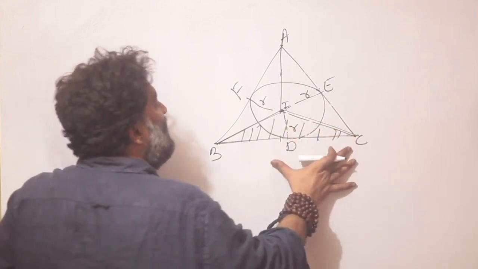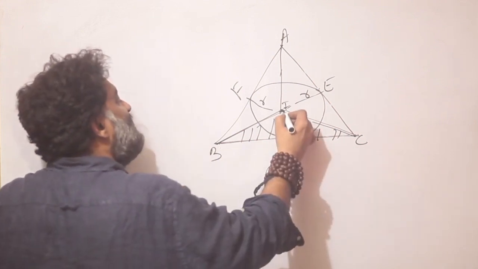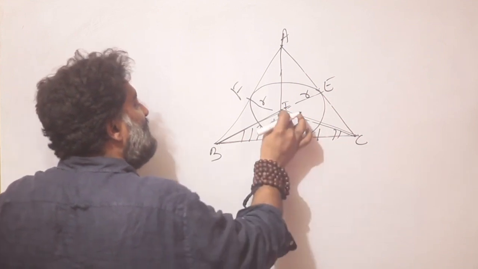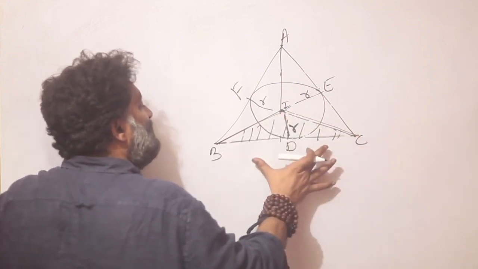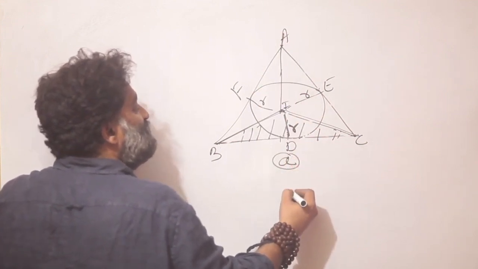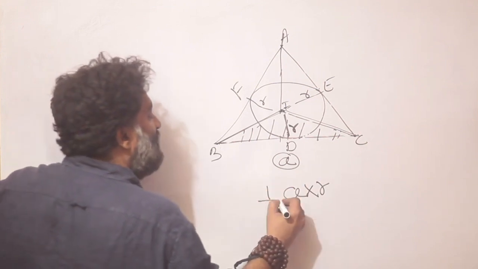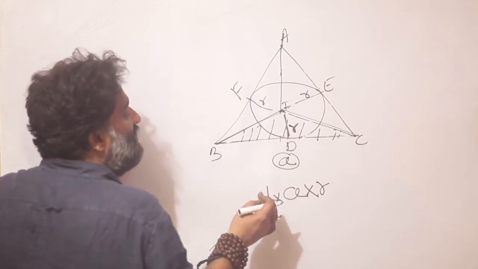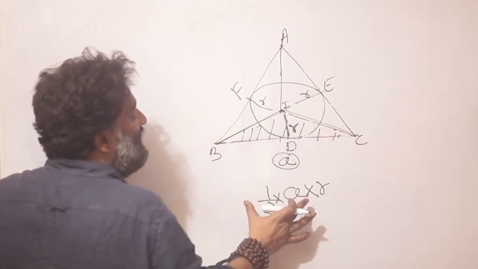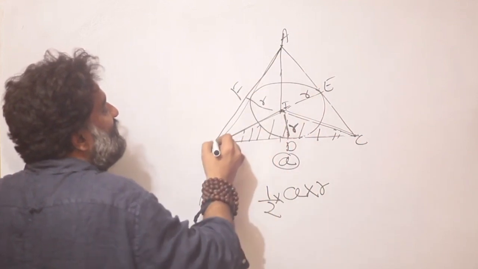If I look at the area of such a triangle, it is going to be base into height, and height is this perpendicular radius. That means the area of this particular triangle is going to be BC, which in our nomenclature was A, into the radius, or half base into height. So if I'm thinking of this triangle, my area is half A into R. Similarly, if I think of this triangle now,